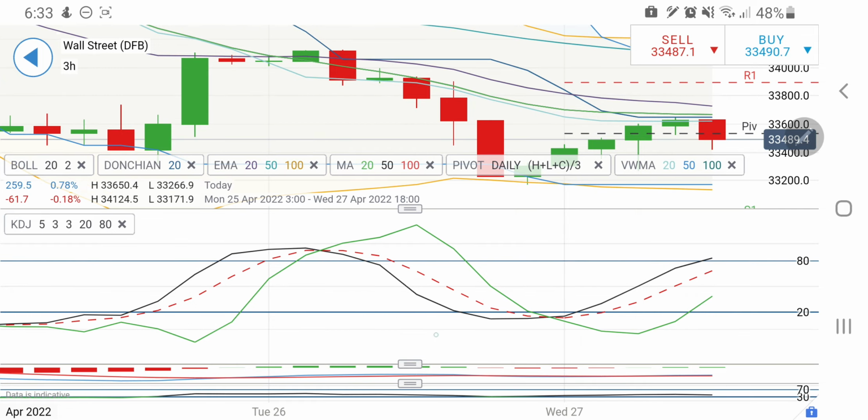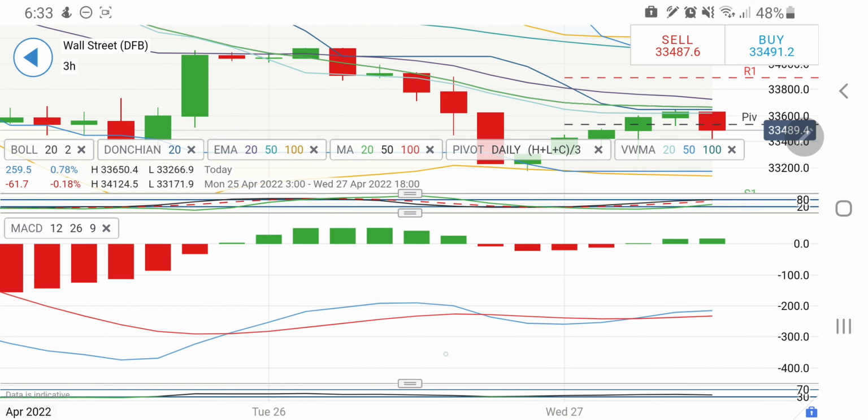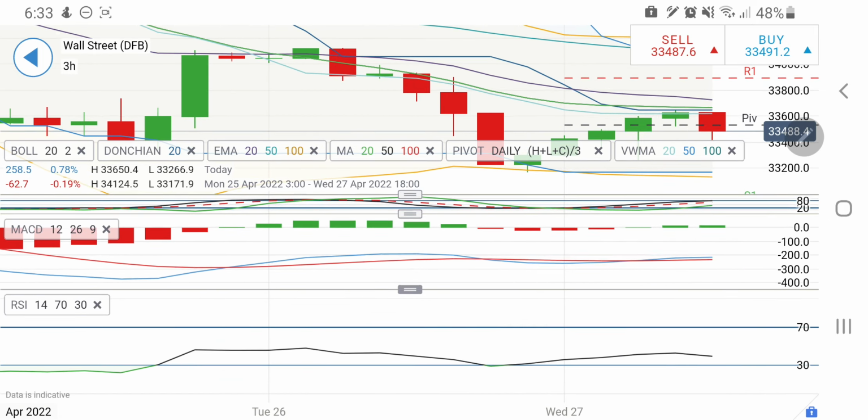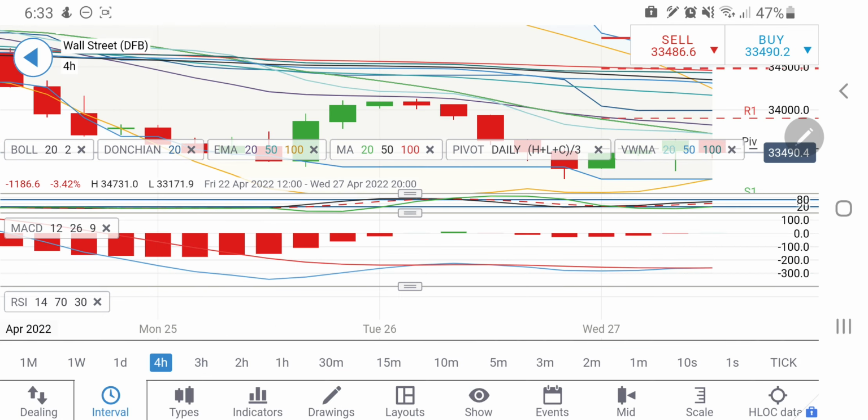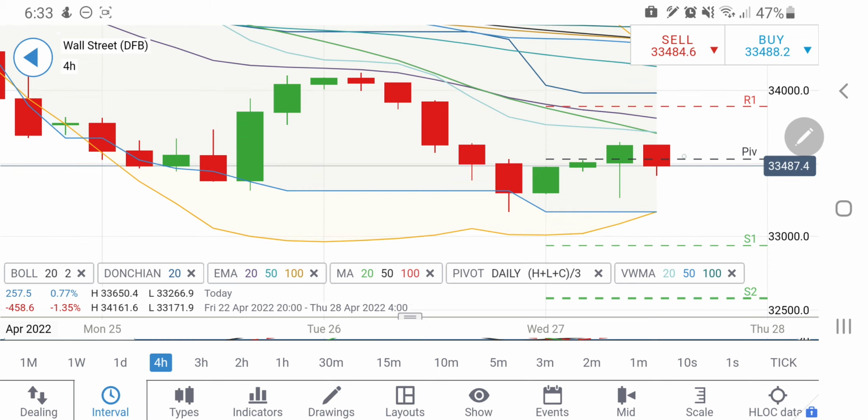And if you look at the stochastic, this is overbought. MACD is still in green, but just two candles after the crossover, running parallel. RSI is looking downwards from here. And if you look at the 4-hour charts, yes, the 4-hour chart is breaking 33,650. One can expect, see, the body size